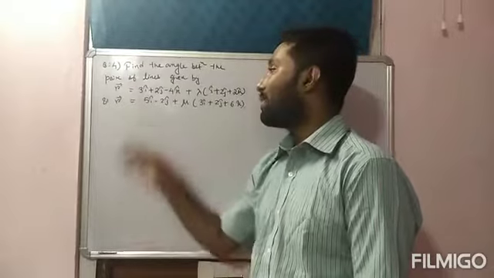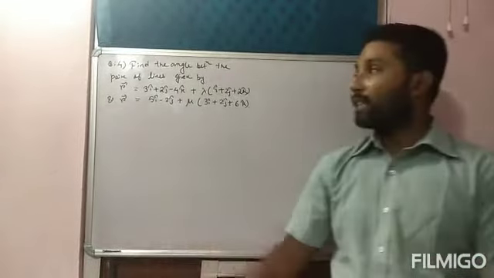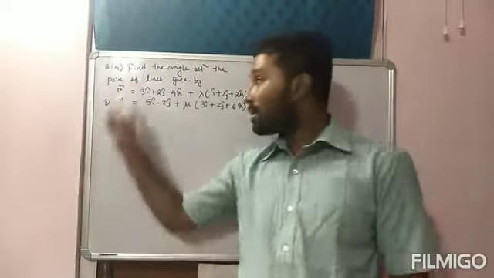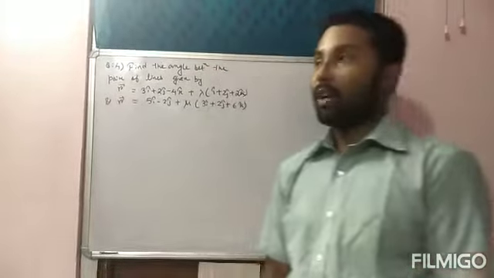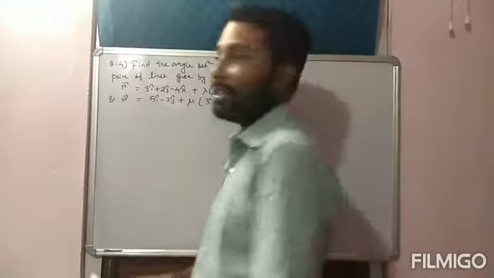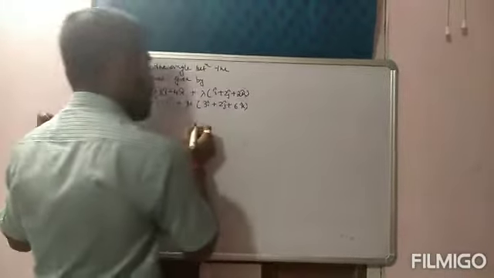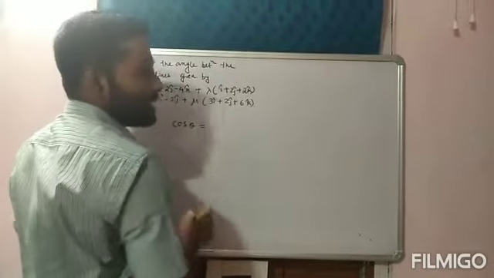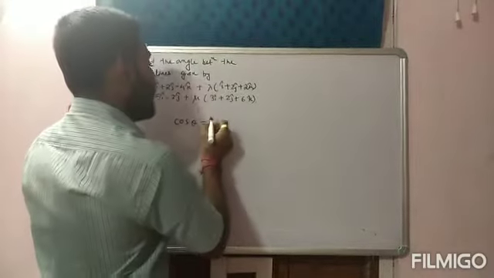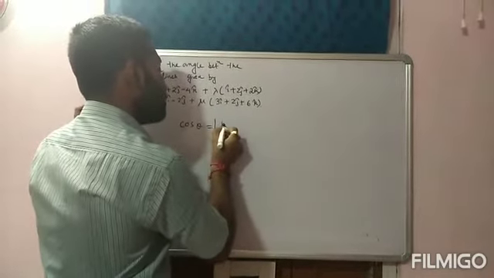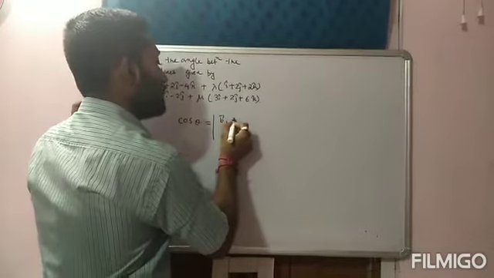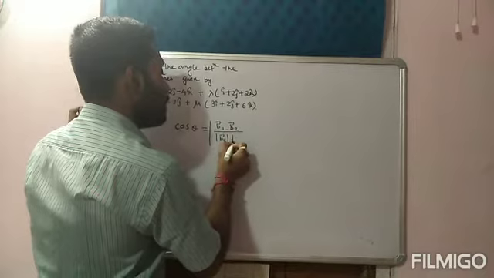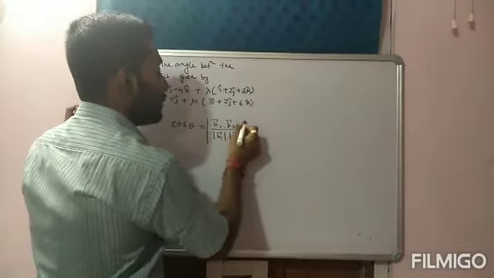Now first of all you check whether these two equations are in vector form or in Cartesian form. Of course these two equations are in vector form because direction is given, right? Now I have given two formulas for the angle between the two lines. One is in Cartesian form, another one is in vector form. What was the vector form equation? If theta is the angle between the two lines, then the formula is cos theta is equal to mod b1 dot b2 by mod b1 into mod b2.